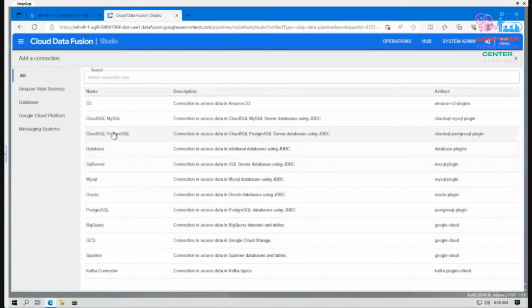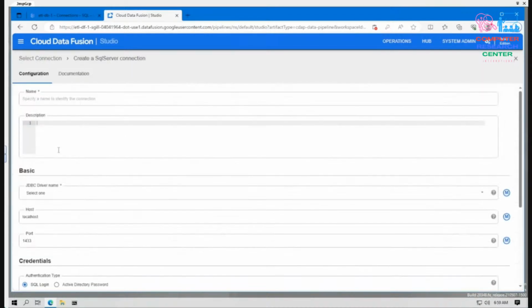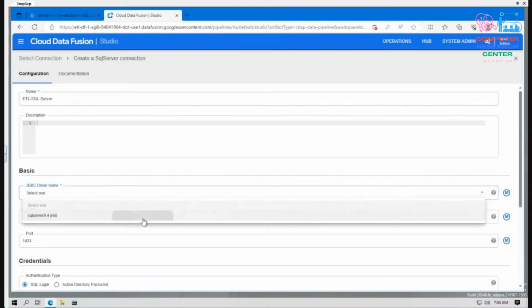Creating. Well, I will leave it there like that, but I'm going to create a connection of SQL Server. So this is the SQL Server connection. I'm now creating a SQL Server connection. So yeah, that is the one we're supposed to do. So ETL SQL SERVER, right? Because maybe I had clicked the wrong option, so I'm using the driver that we have created,